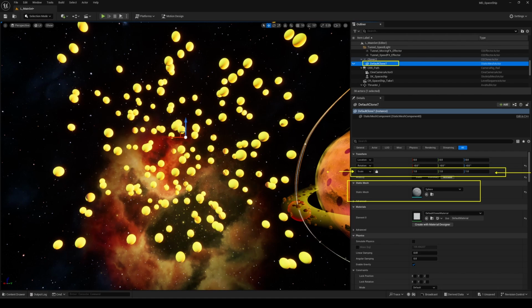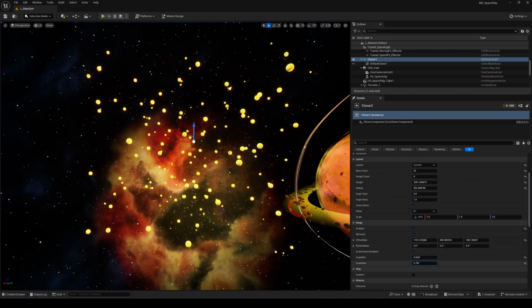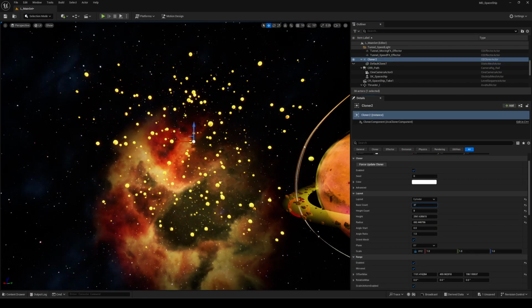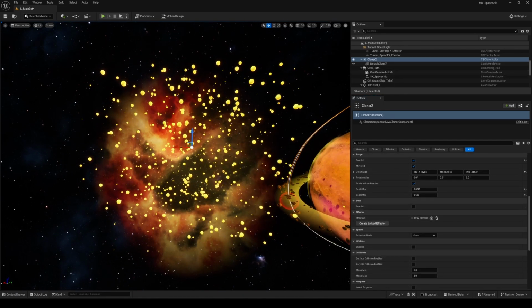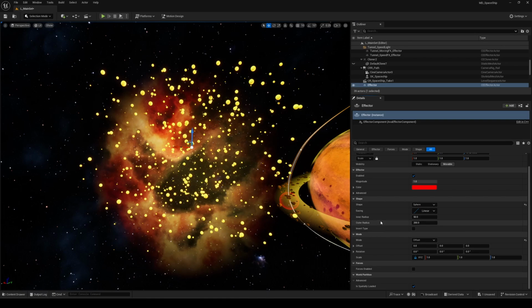Once your cloner is in place, it's time to bring in the second actor we mentioned, the effector. This is the one responsible for creating motion and dynamic transformation on the cloner using a variety of options. In version 5.5, you can now create a directly linked effector from the cloner's details panel, which is super convenient. Let's create one and take a look. Just like the cloner, the attributes here are pretty straightforward. From magnitude, which controls the effect's intensity, to color, a new addition that lets you tint the cloner without needing a special material, and the sections like shape, mode, and forces.